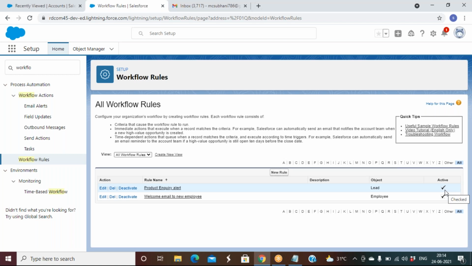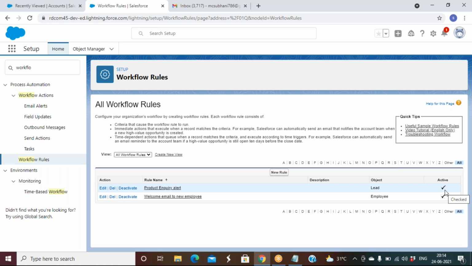In each object, whether it is a standard object or a custom object, the Salesforce platform allows us to write 500 workflows.